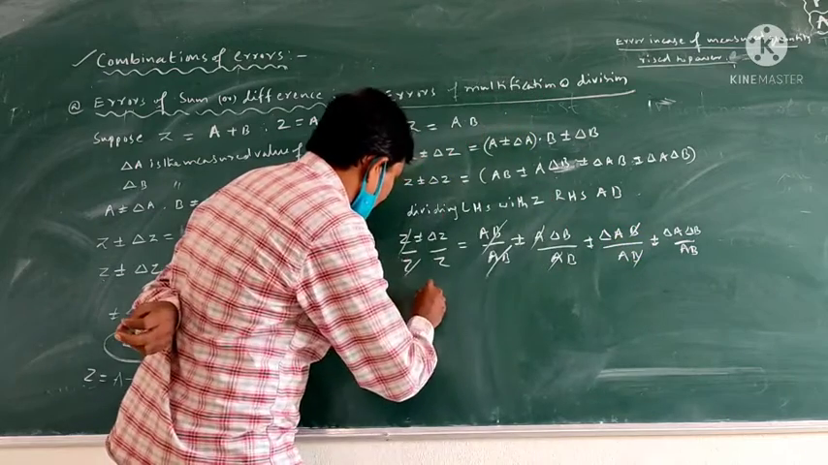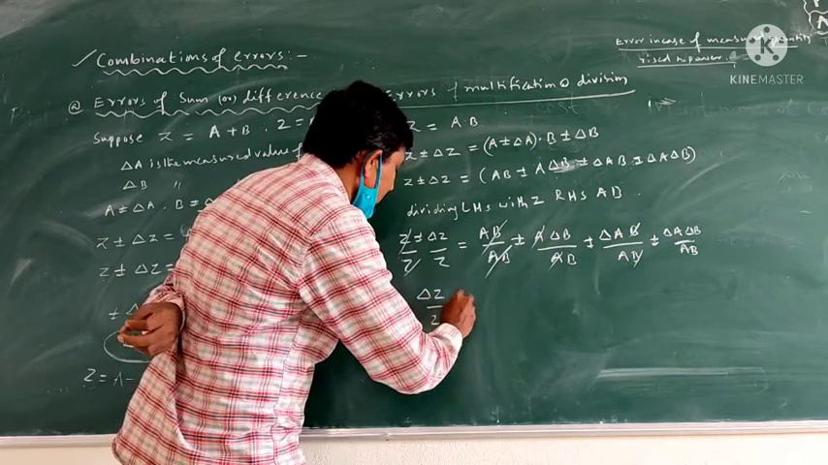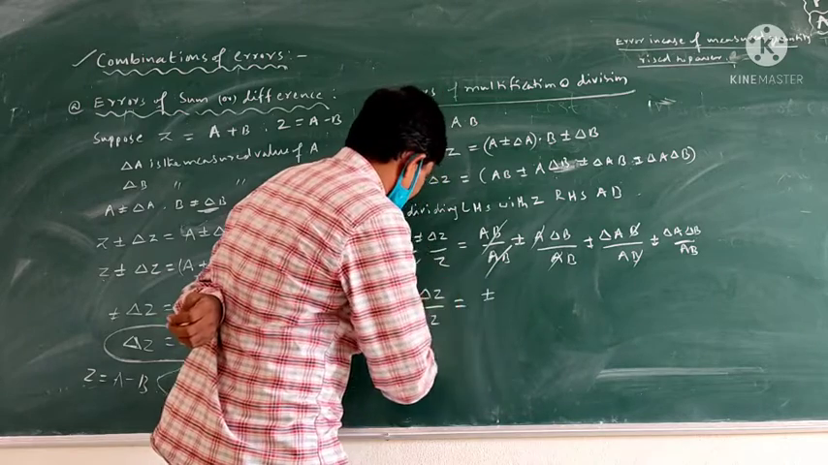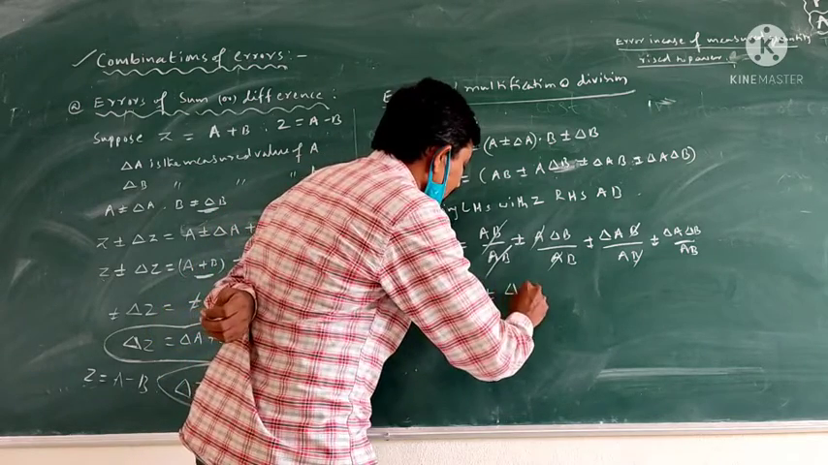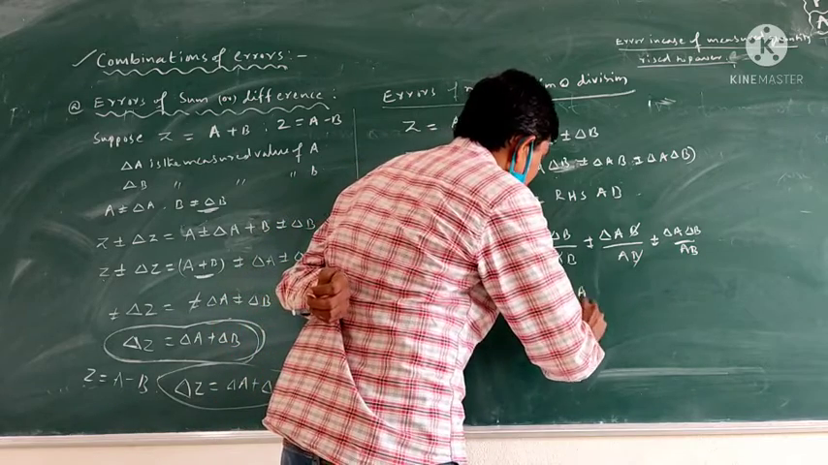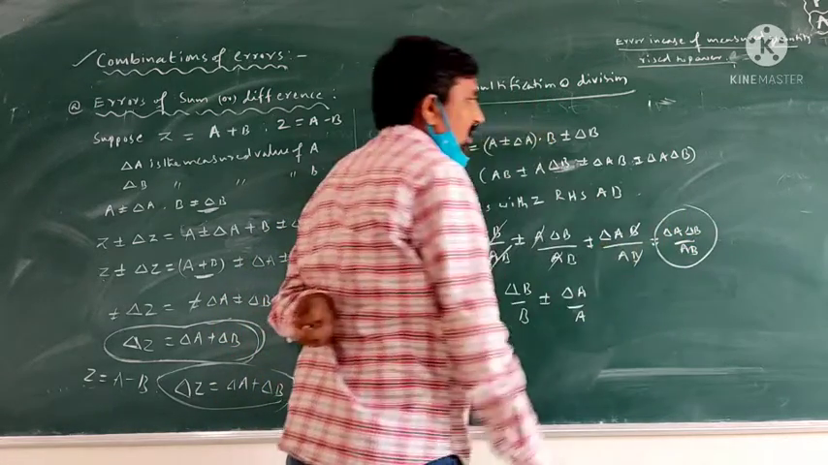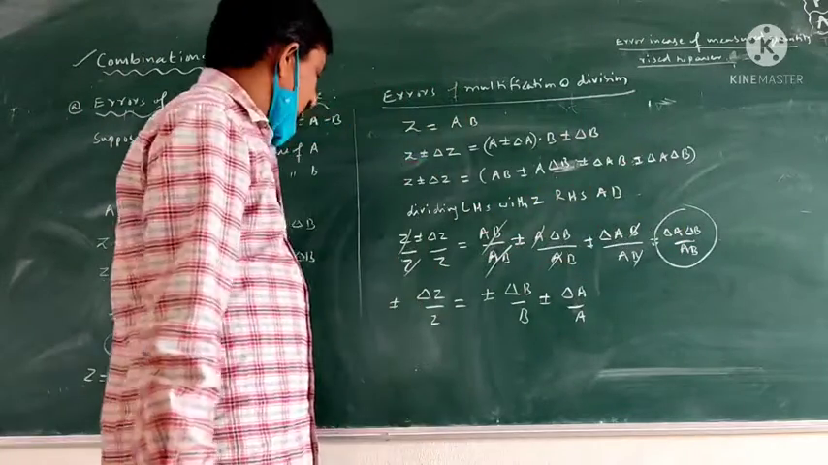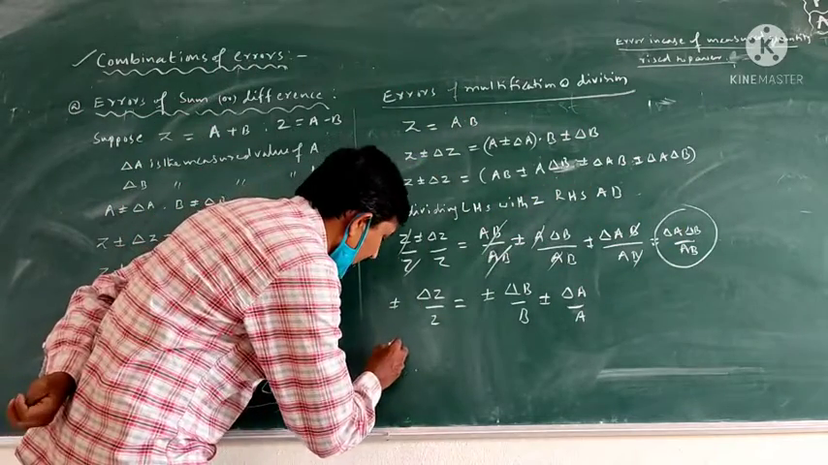So the equation will be written as delta z by z is equal to plus or minus delta b by b plus or minus delta a by a. Here delta a and delta b are small, so the product term is very small, that's why we can neglect these two terms. So the maximum possible error